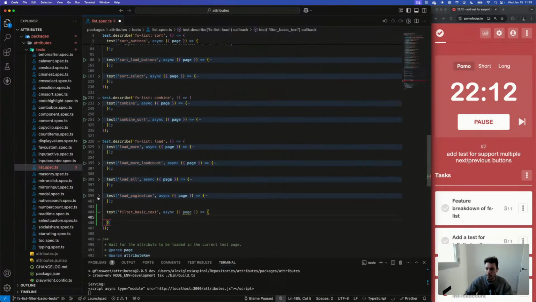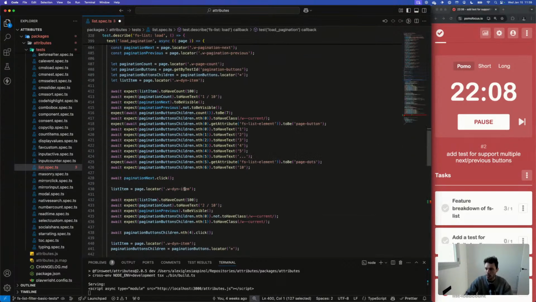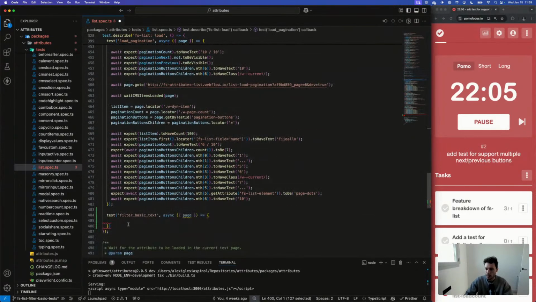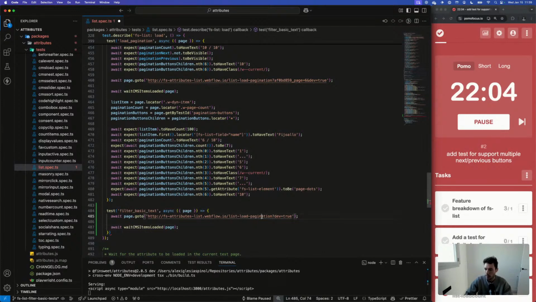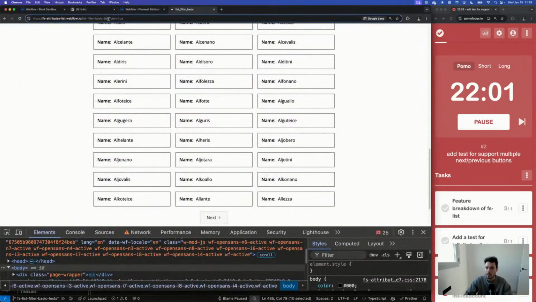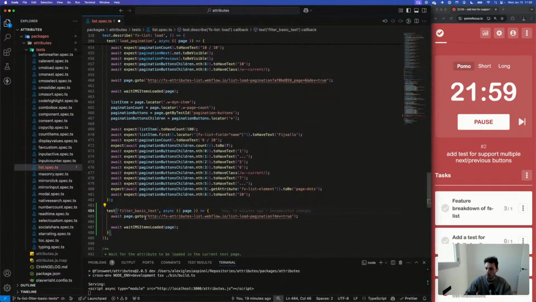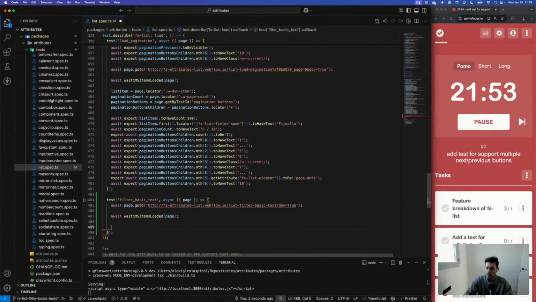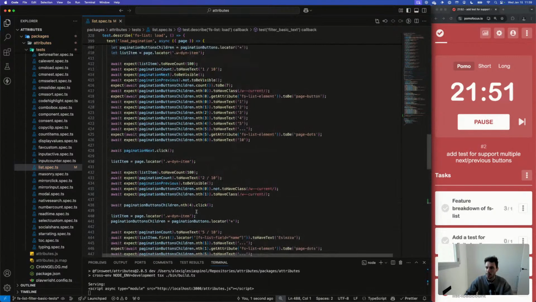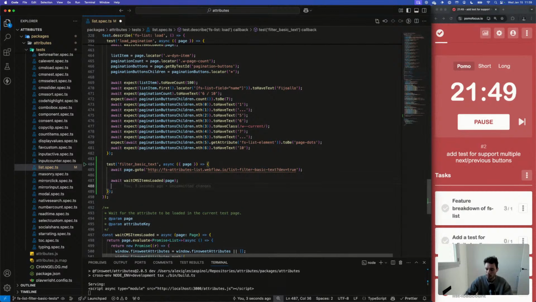Okay, first of all, we need to visit this and wait for the attributes to be loaded. And the URL, it's this one. And then I need to test for this. So let's add